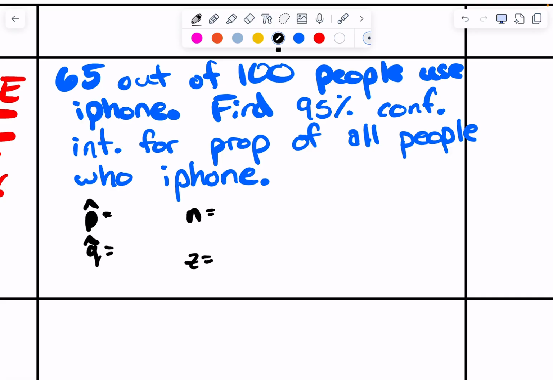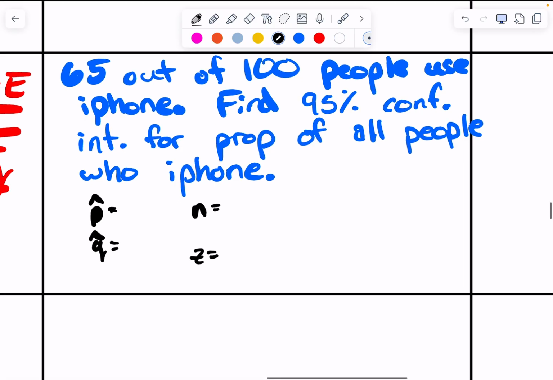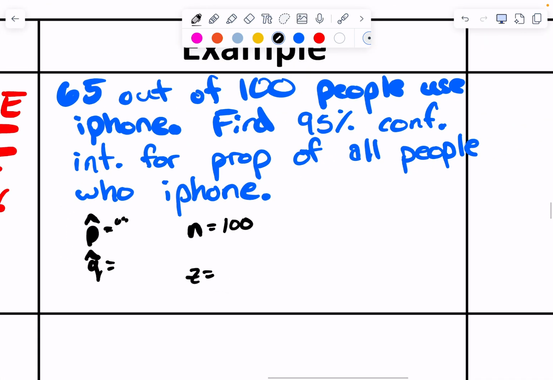Okay. Anyway, what is N in this problem? We don't know. Yes, we do. 100. 65 out of 100. What does a 65 do? 0.65. Yeah, so this is like 65 over 100, which is 0.65. Okay, that means Q is the non-iPhone users, which is 0.35. Yep. And Z. We want Z for 95%, and if you look up on the Z chart, 95% is,